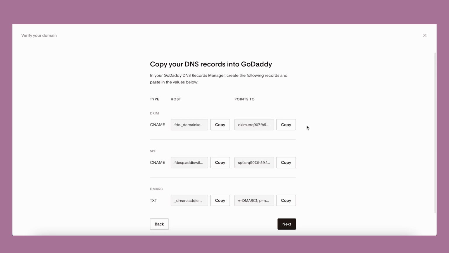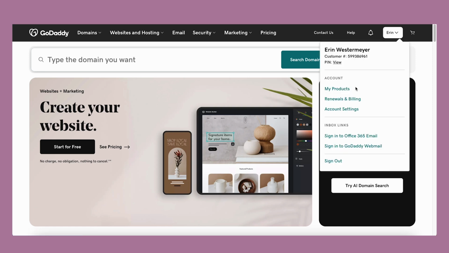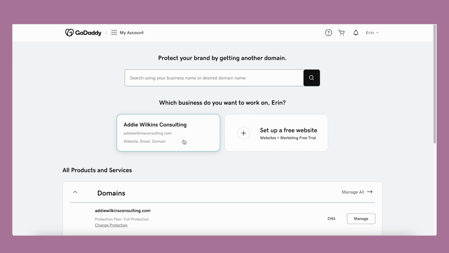If you're watching this video, your domain provider should be GoDaddy. For the sake of this example, I'm already logged into my GoDaddy account. Within GoDaddy, I can navigate to the domains I own by selecting My Products from the drop-down menu in the right-hand corner of the screen. Here, I can see that I own the domain